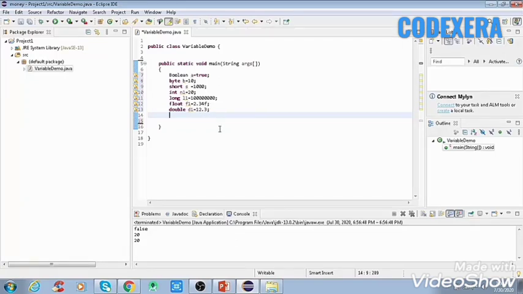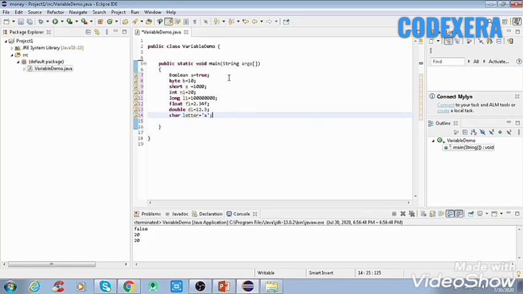And after that, the last one is the char data type. The char data type is a single 16-bit Unicode character. Its value lies between 0 and 65,535. The char data type is used to store characters, like alphabet characters. We can include all those characters in a char. For declaring a char we use the char keyword, and inside that we can put a value like the character A. So this is a char data type.